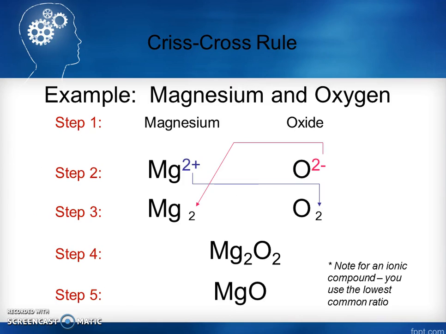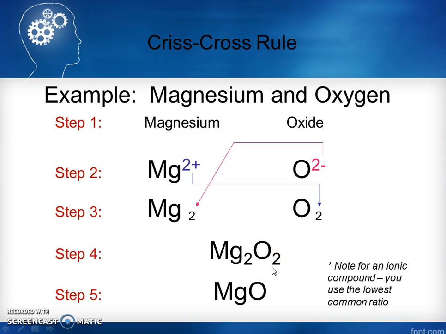Let's try that again. Magnesium and oxygen. So step 1, write down the names: magnesium, oxygen changes to oxide. Write down the symbol with the charge. Magnesium has a 2+, oxygen a 2-. Crisscross the numbers, 2 from here, 2 from there. Put it together,